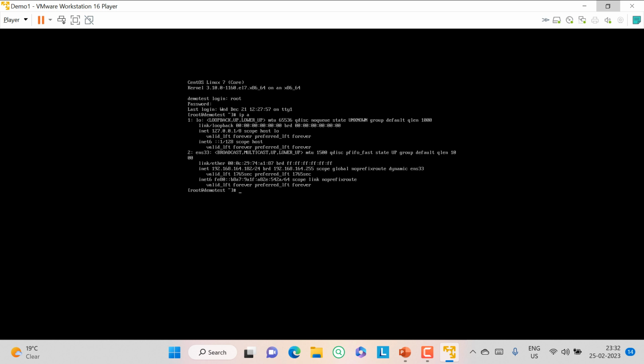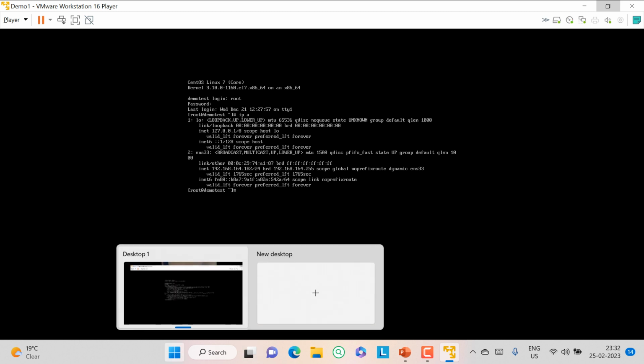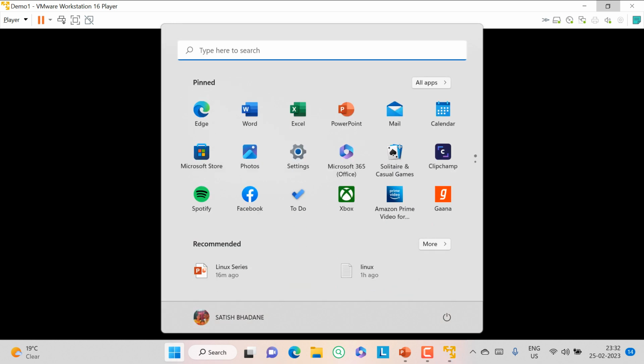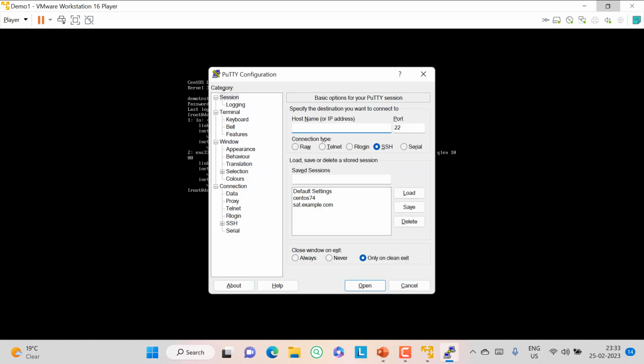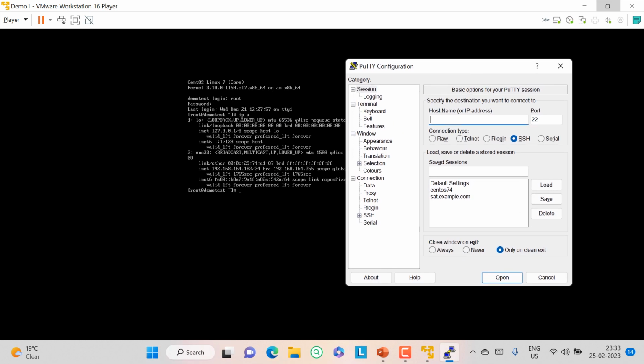So what is the IP? 192.168.164.182. I'll log into the server using a PuTTY session.